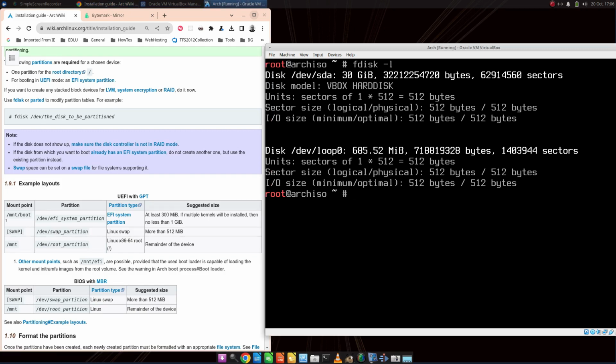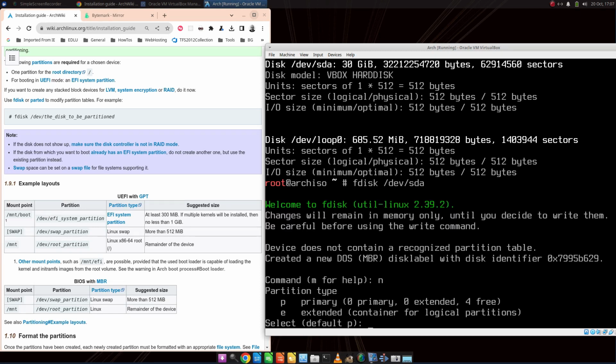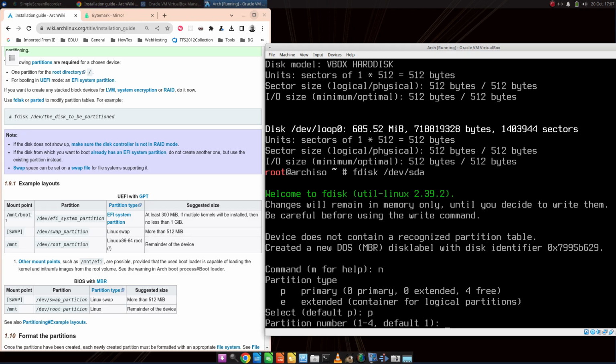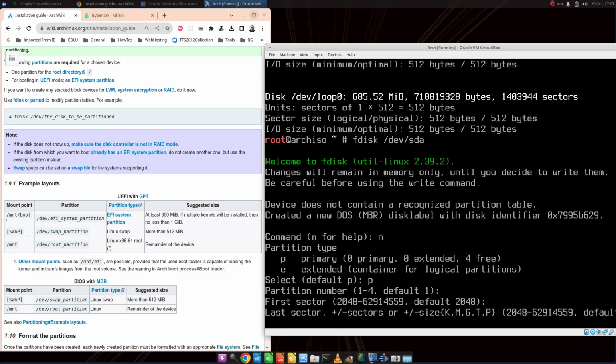partitions. In terms of a virtual machine, you really only need 2. You can actually get away with 1 really, but I'm going to do fdisk /dev/sda, which is the drive we want to partition, and then you press n for new, and you do p, and then you select the partition number. You see it says default 1, so the first one is the one we want to do, and the first sector is the first sector in the disk that you want to start from. So we want to start from the default position, which is at the beginning of the drive,